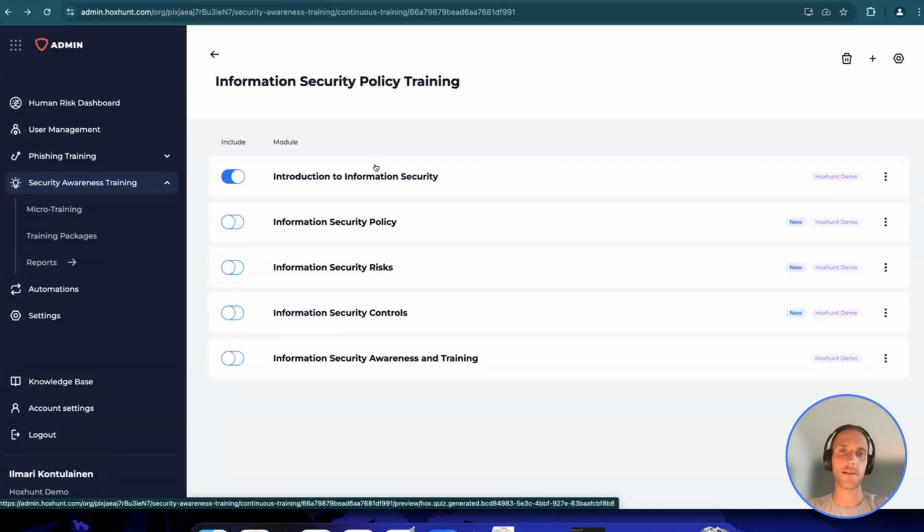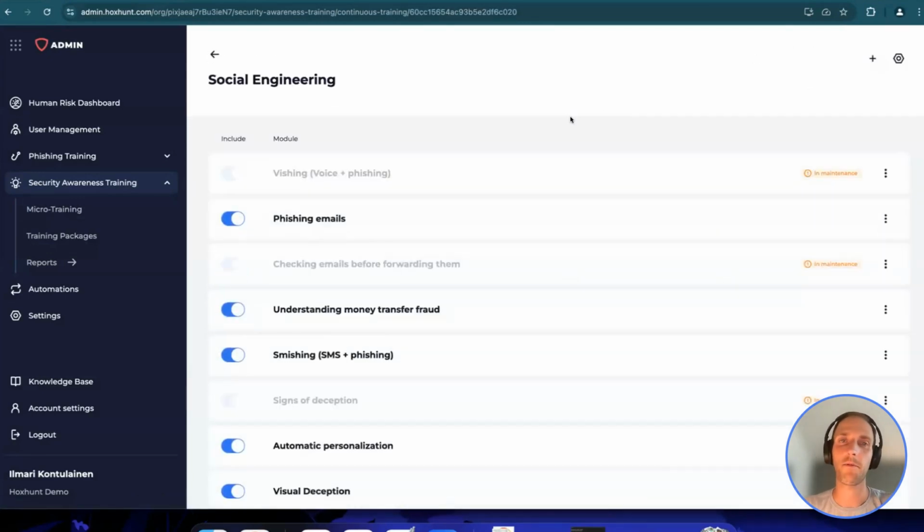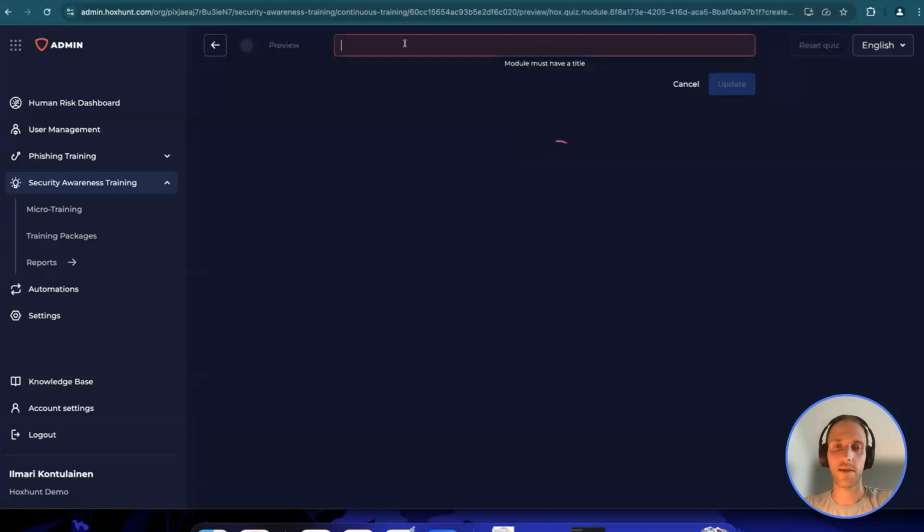All right. So, hey, let's do another use case where we would be creating the content from scratch. So let's say we want to create a module about credential harvesters. What we can do is simply go to one of the existing topics and add the module with the add module button at the top corner and give it a name. And then